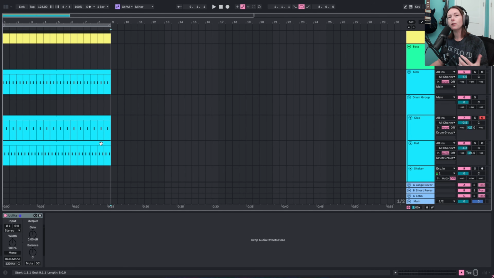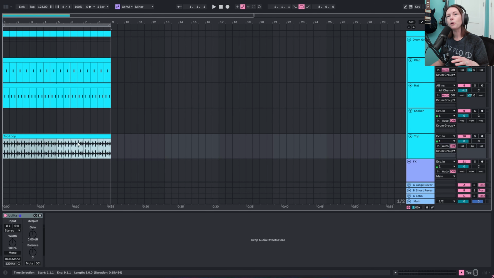So those 3 elements are kind of our basic building blocks for house or EDM beats. So we have that 4 on the floor kick, the clap on every 2 and 4, and that offbeat hi-hat. So now you can be a little bit more creative, and you can find some top loops or some percussion and add them in different areas to create some more groove. Personally, I like to use loops a lot of the time for shakers and percussion and stuff like that, just because it's so easy to pop in